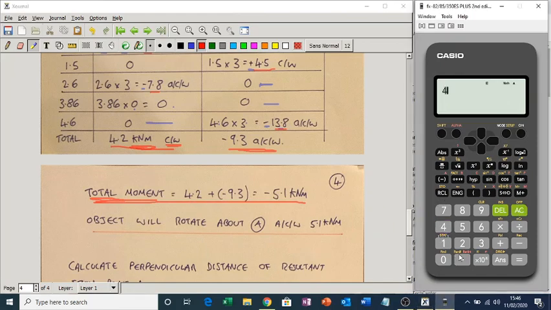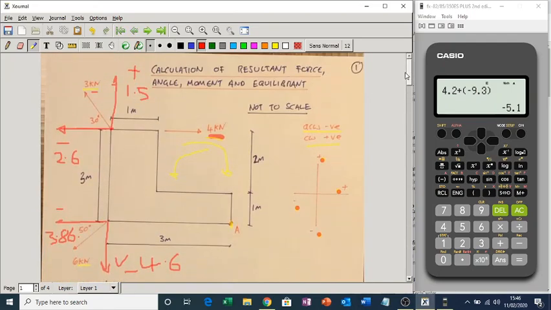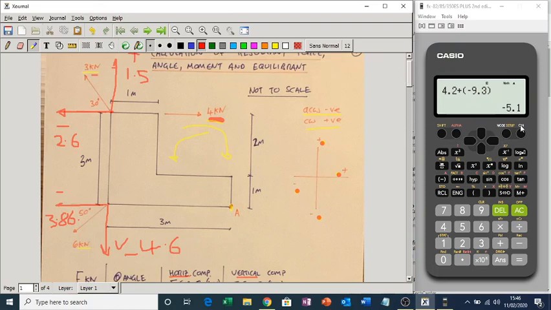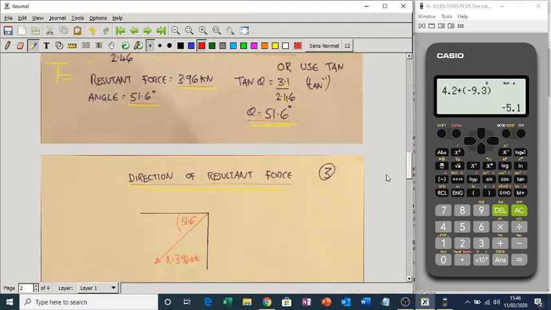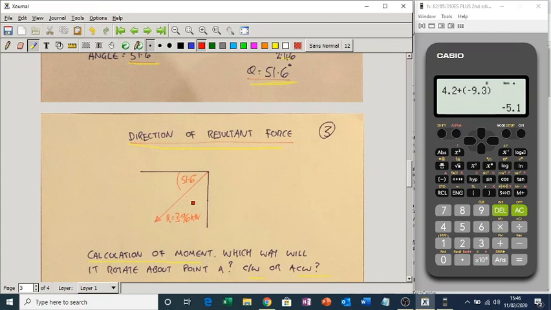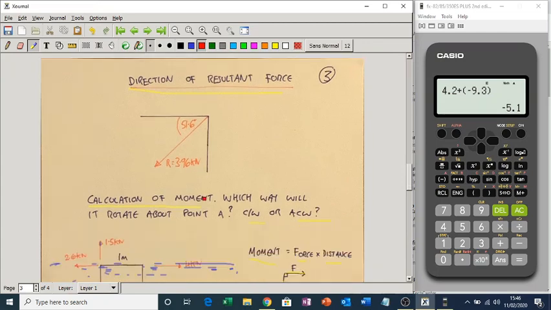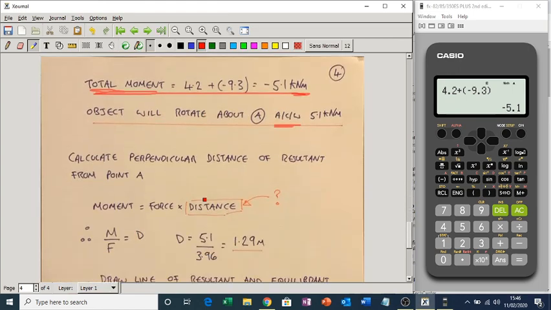So 4.2 plus minus 9.3 equals minus 5.1. So 5.1 is a minus number, which means it's going anti-clockwise. Kilonewtons per meter. Which means that whatever this is, it's going to be spinning anti-clockwise at 5.1 kilonewtons per meter. The resultant force is 3.96 at 51.6 degrees. The last bit we've got to do now is work out where that is,